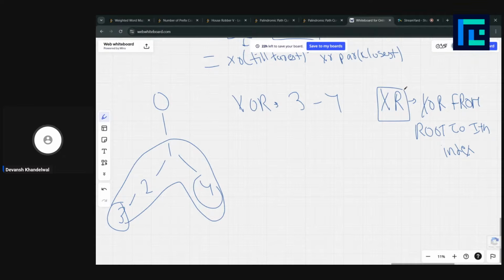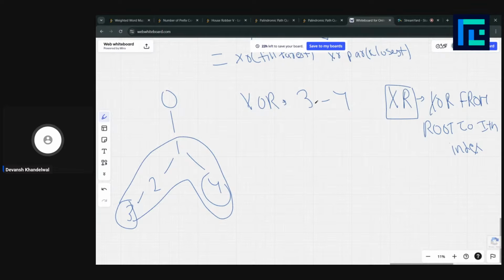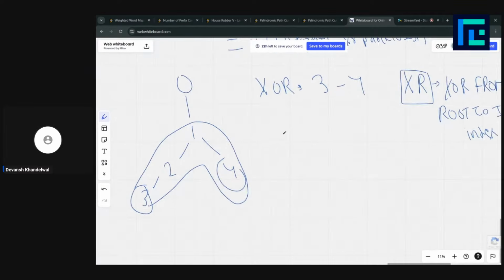We have this XR array which gives us XOR from root to ith index. And what we could do is actually use a general formula here which is much better, which is basically XR of 3, XR of 4. XR of 3 would give us XOR of this path, XR of 4.